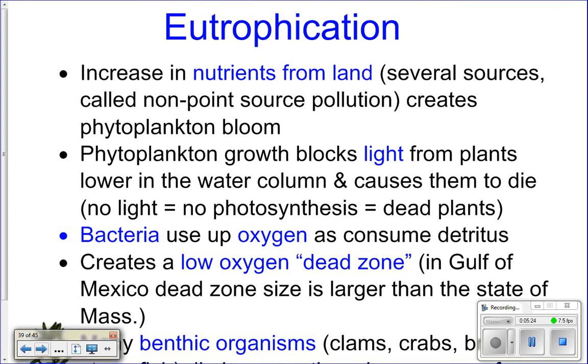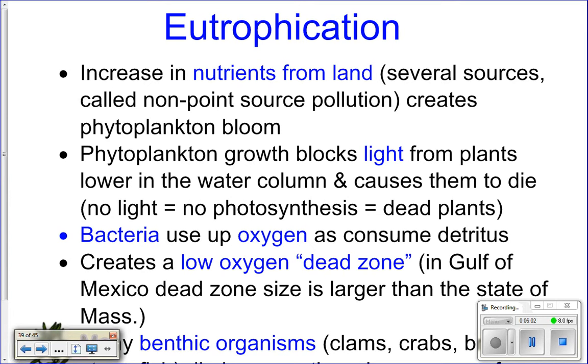So, dangers to estuaries. Estuaries, as we've talked about previously, are very important habitats for many commercial species, and many commercial species spend part of their life in estuaries. Their baby years they spend in estuaries, and so when bad things happen to estuaries, we get a decline in our food source. So that's not good. One of the dangers to estuaries would be eutrophication. And eutrophication is an interesting process.